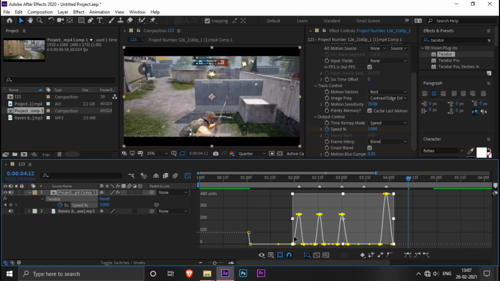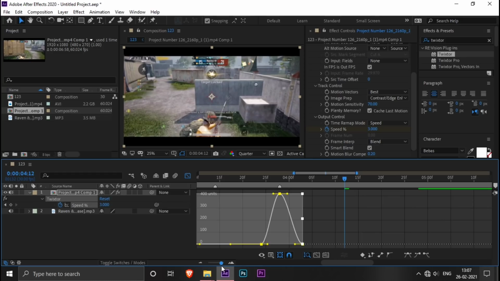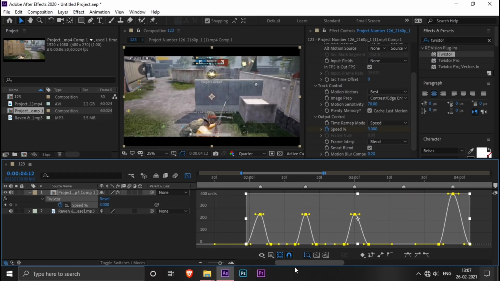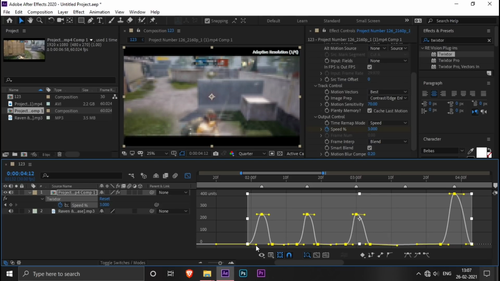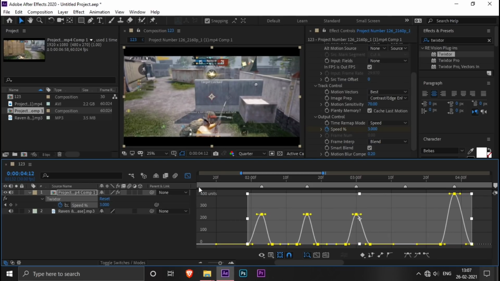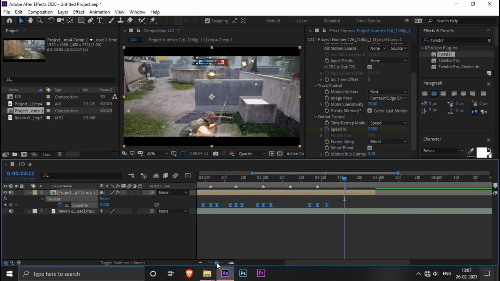Now open the graph editor again and here take a look at the corners. We have these curves in the corners. The change in speed will be a lot more smoother than before. You can also adjust these curves, but for this video we don't have to adjust anything. So in some other video I'll explain it to you. So that's all for this video. Now let me play this and show how it is looking.